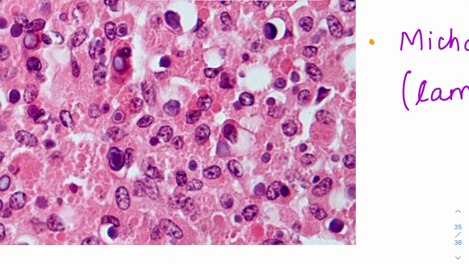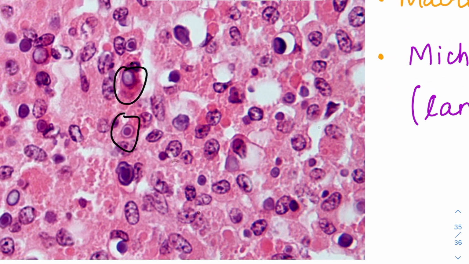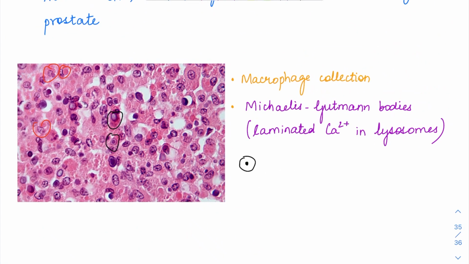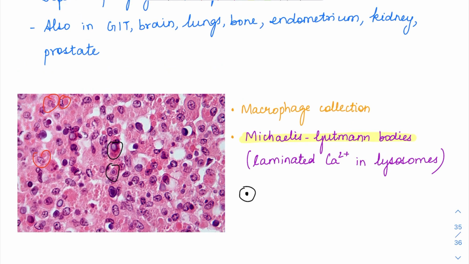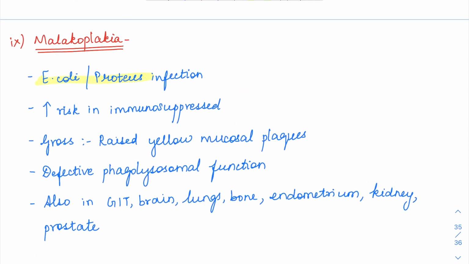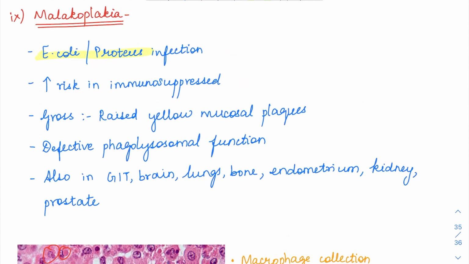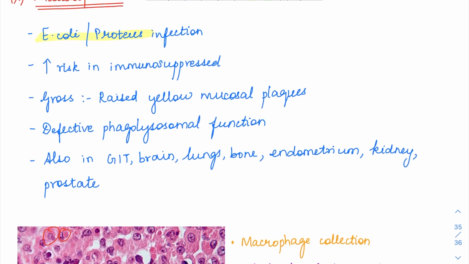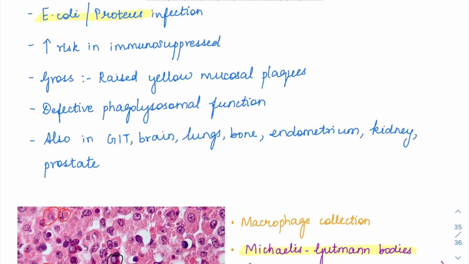And inside these macrophages, if you see here, all of this is actually having some central laminated dark blue color thing, and surrounding which we see a halo, right? So this is nothing but a Michaelis-Gutmann body. Michaelis-Gutmann bodies are laminated calcium deposits seen in the lysosome of these macrophages. This exact image was asked in a previous year as one of the questions. Other than that, one important thing is these Michaelis-Gutmann bodies of malakoplakia are not restricted to the bladder. They can also be seen in other organs like GIT, brain, lung, bone, endometrium, kidney,